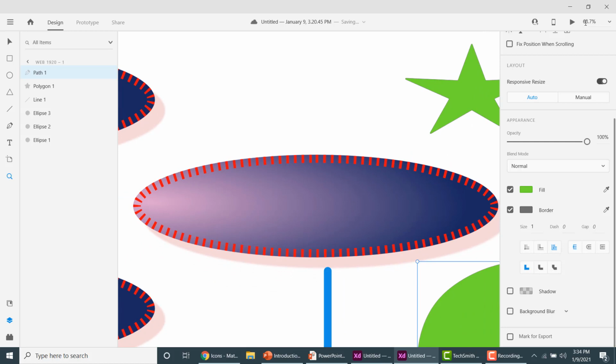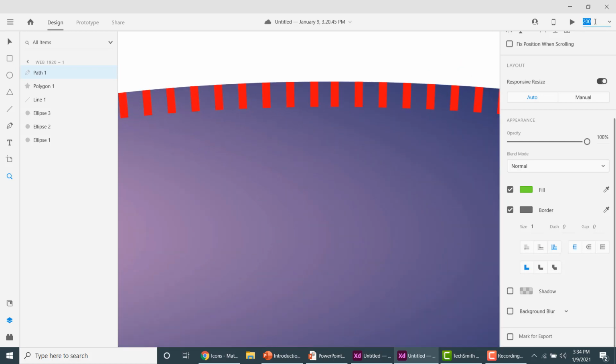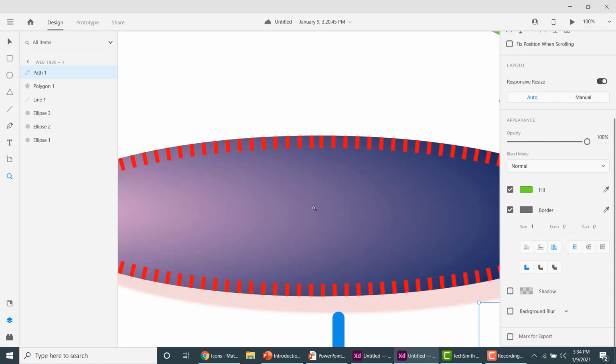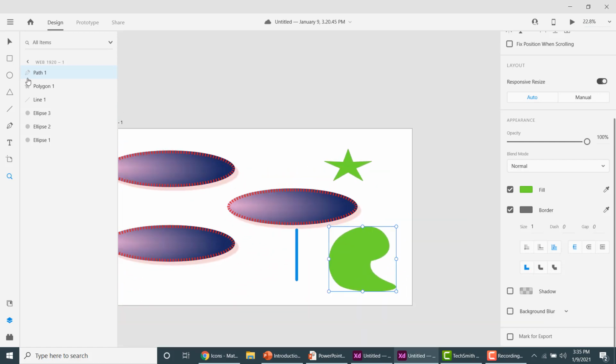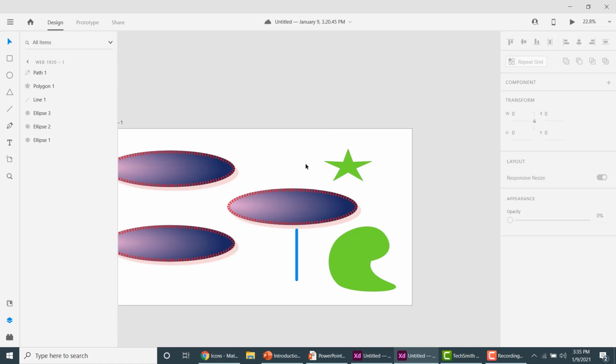You can also add a figure over here, for example 200% or 100%, so that zoom will be reflected on your artboard. So let me make it 50, or on my touchpad, I can decrease this zooming and increase it. Okay, so with that,